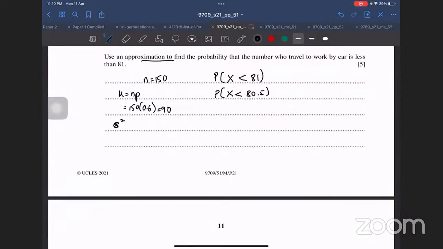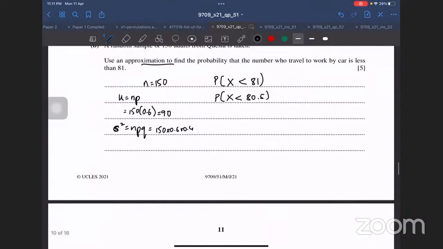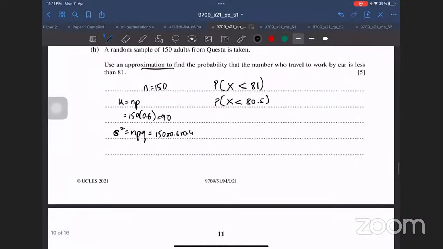Sigma squared is npq. So 150 times 0.6 times 0.4 gives me 36. So I get Z